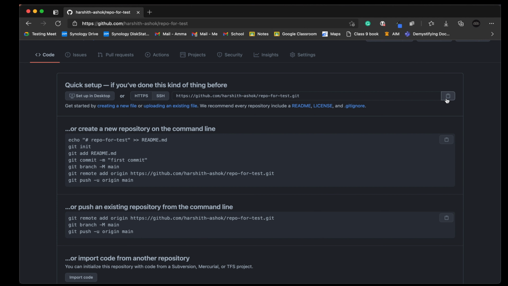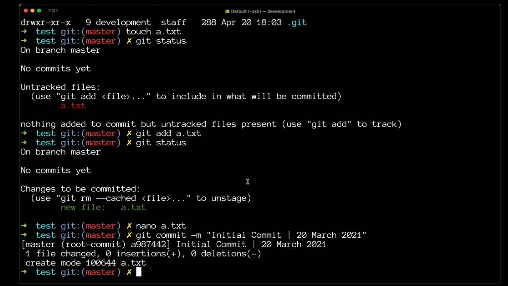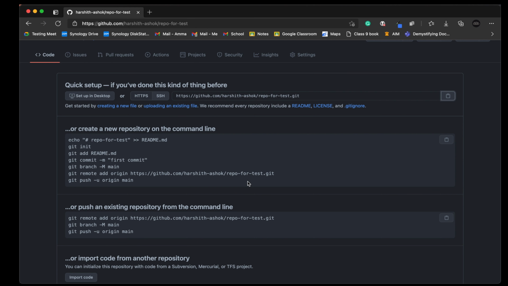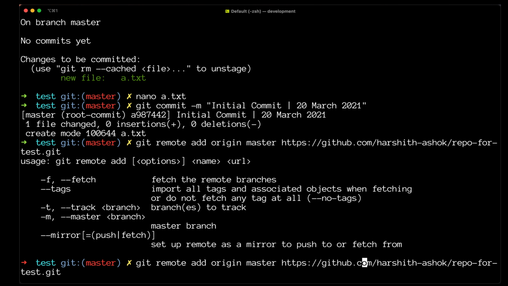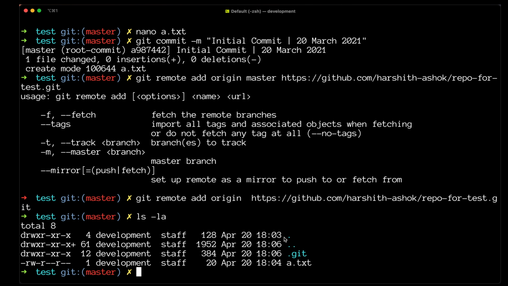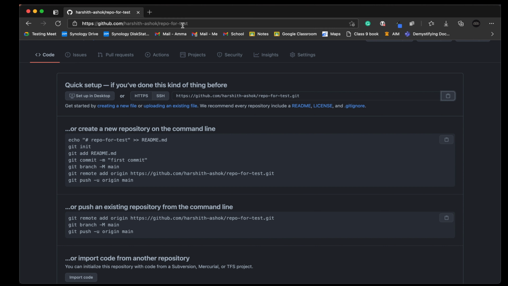Now I'm going to copy this thing over here and come to here and just type git remote add origin and the URL. So this is going to add or connect this folder and all the contents of this folder to this repository in github.com.